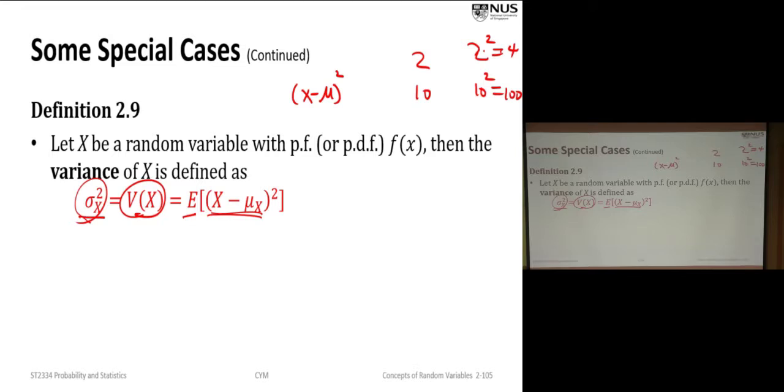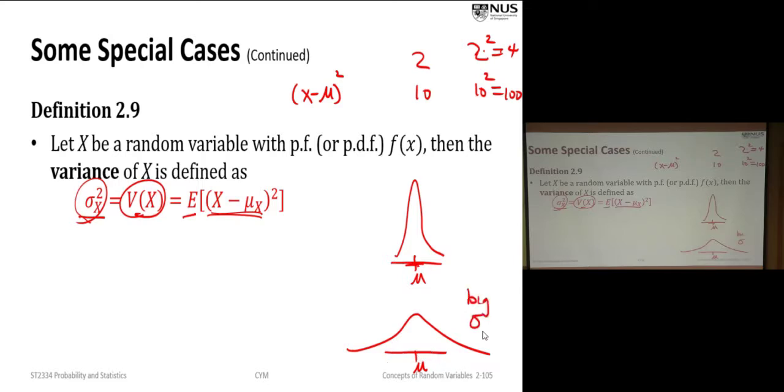All right. So maybe I'll give you a picture. This one and this one. So this is the center. This is the center. For this case, this represents a PDF. For this case, the x are more concentrated around the center. For this one, it's more spread out. This will give you a big sigma square. This one will be a relatively smaller sigma square. All right? So this quantity is variance, defined as the expectation of the square of the difference between x minus mu.